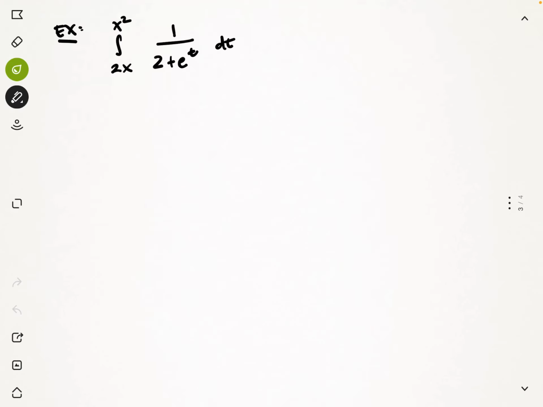Okay, on to a little bit more complicated one. So this one's got no constants in it, right? So it's got an x squared as our end, a 2x as our beginning. So what we're going to do here is two things, right? So we're going to split this up. So using one of the rules again that we were talking about a few lessons ago, we're going to split this up and we're going to just say, let's go from